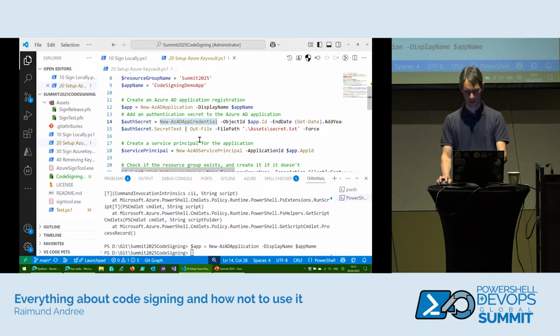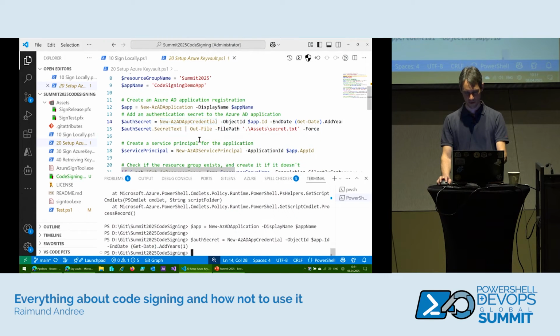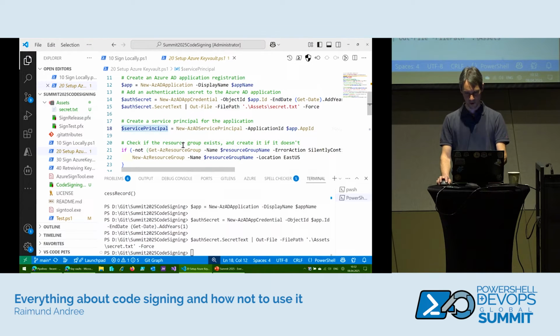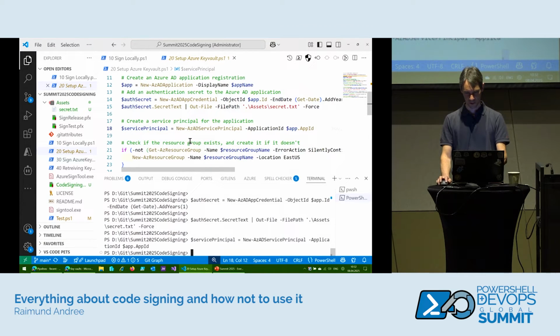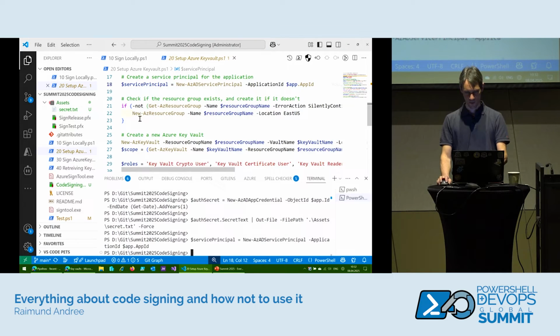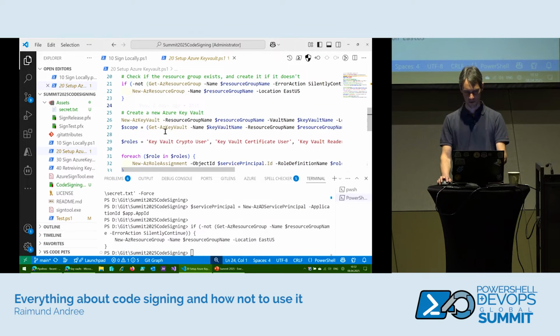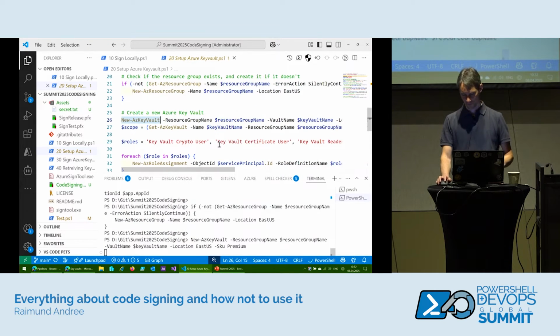Then we are creating an app secret for authentication, which should actually be a certificate as well, but in this case, an app secret is just easier. We put the app secret into a file for later use, and then we are creating an app principal, which is actually doing the work. Then we are creating a new Azure resource group, if it doesn't exist already. Obviously it did. And then we are creating the key vault, which takes